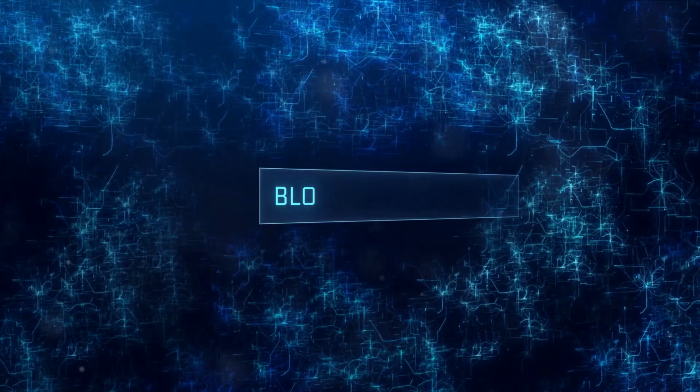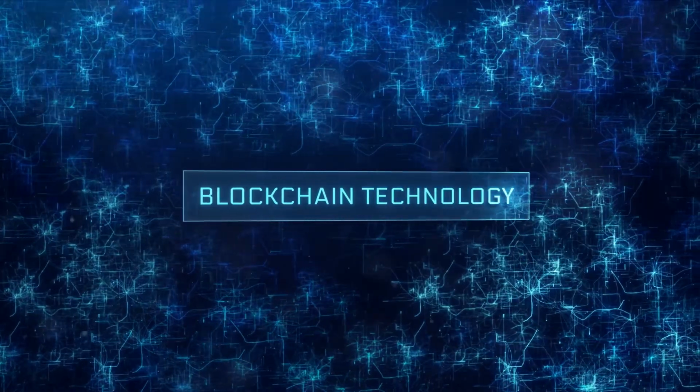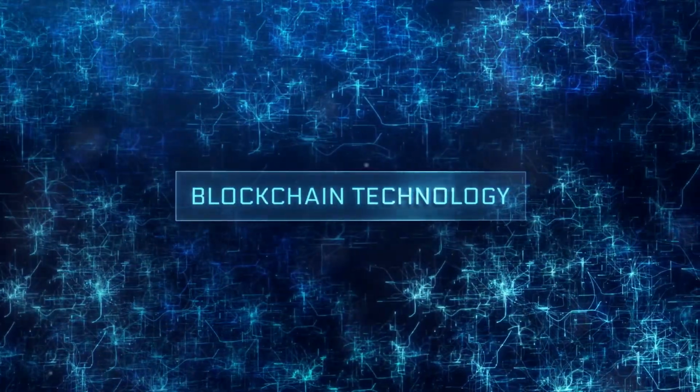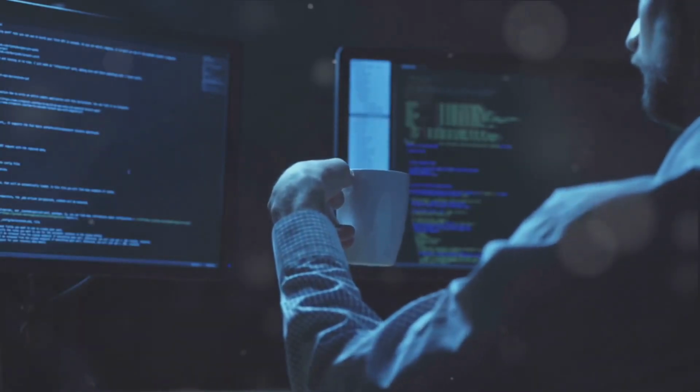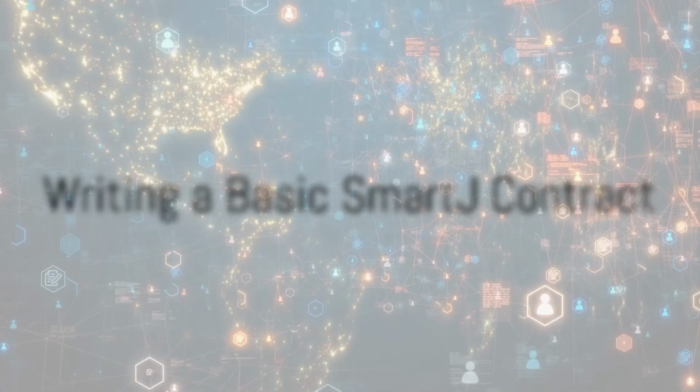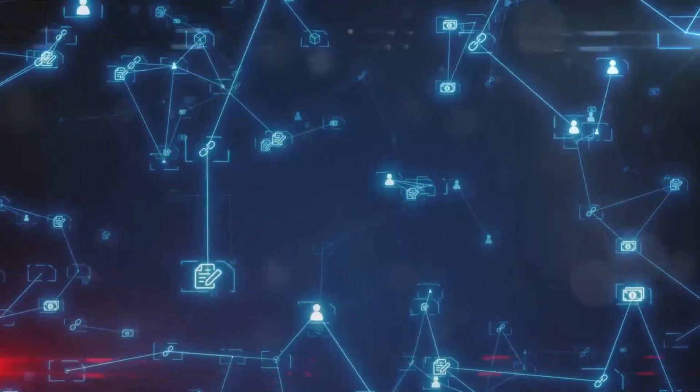SmartJ boasts a unique syntax and features that ensure security, efficiency, and perfect compatibility with the Signum blockchain architecture. So, are you ready to take a plunge into the world of SmartJ? Now let's dive in and see how to write a simple SmartJ contract. A SmartJ contract begins with understanding its syntax, the Signum blockchain's capabilities, and the specific requirements of the application being